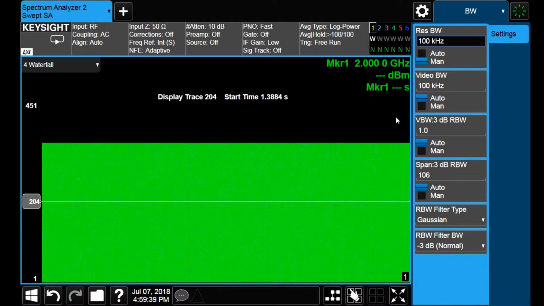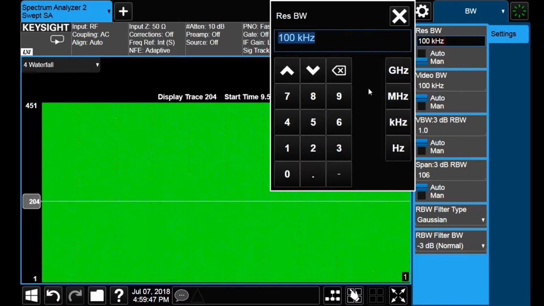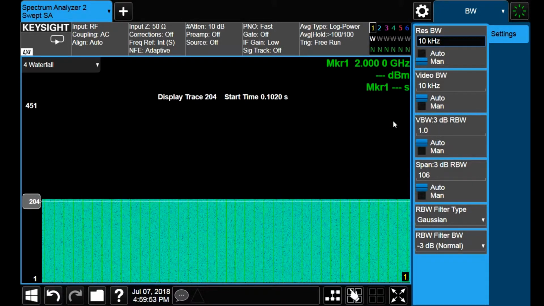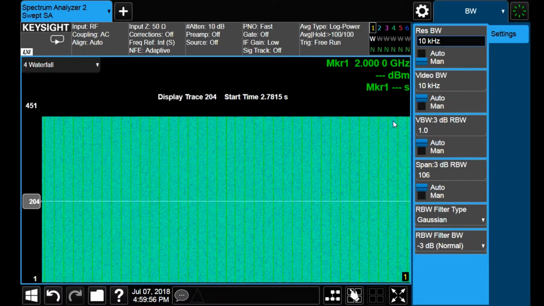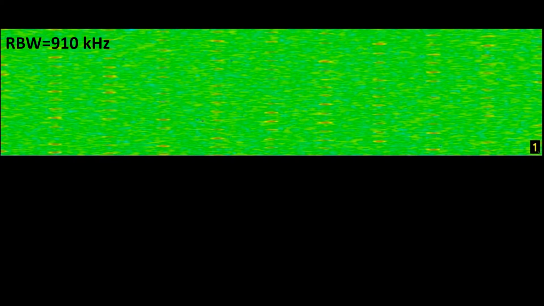The plot changes noticeably, and let us reduce even more. For instance, 10 kHz. It becomes impossible to monitor any time dependence. It is interesting to compare the two bandwidths that enabled us to observe spectrum changes. At 910 kHz we could observe the dynamic behavior of the spectra, but with this bandwidth the estimation of the true frequencies of the signal becomes more difficult.